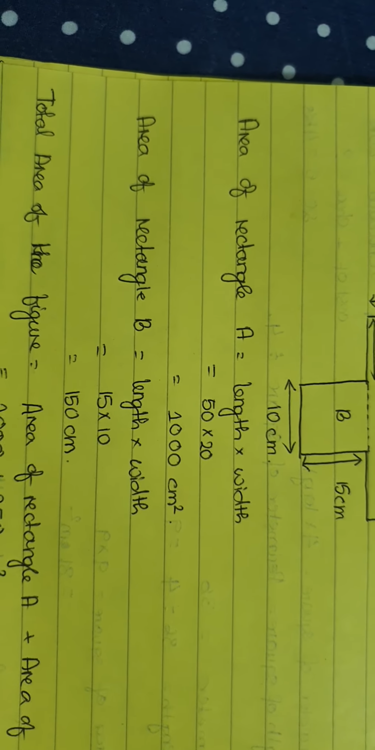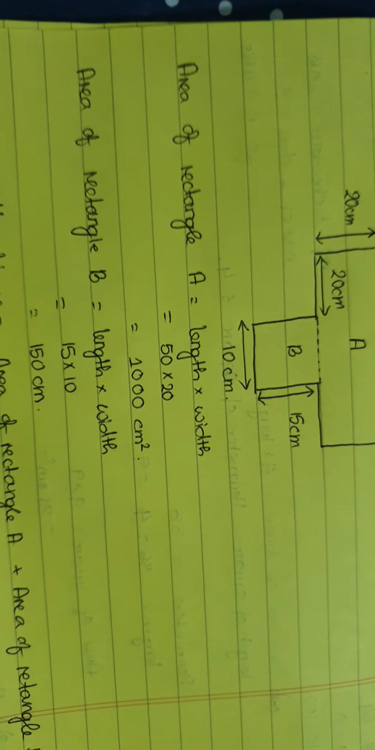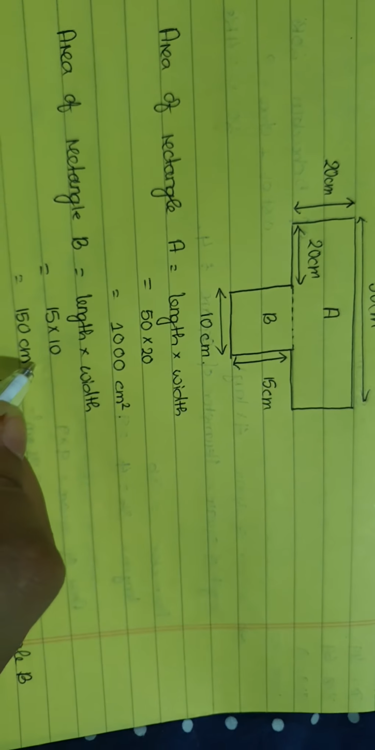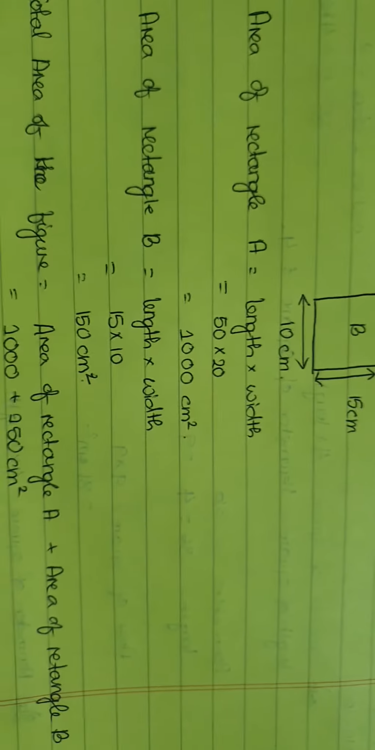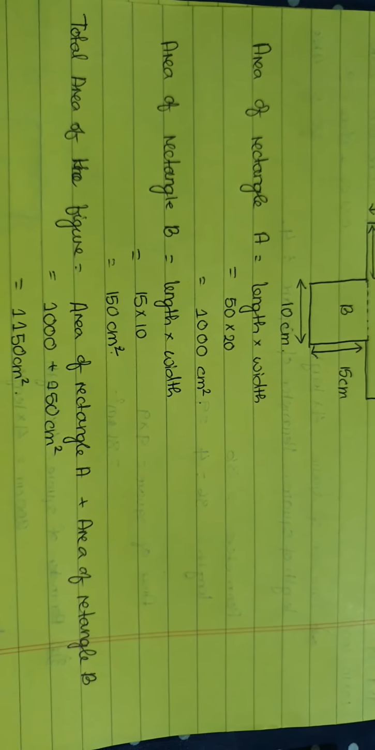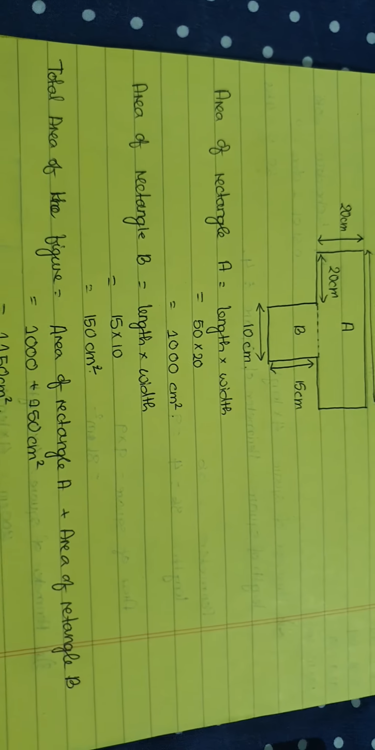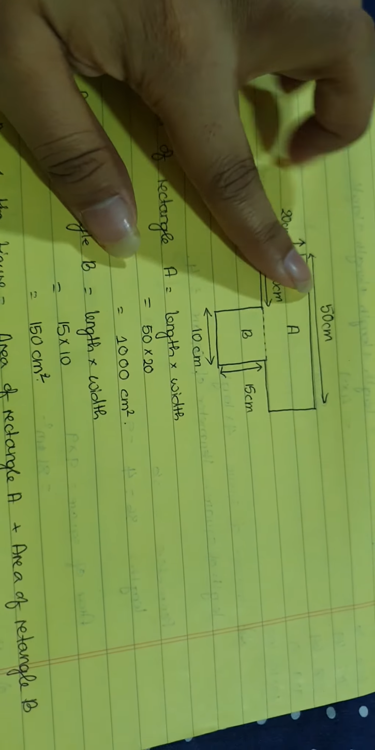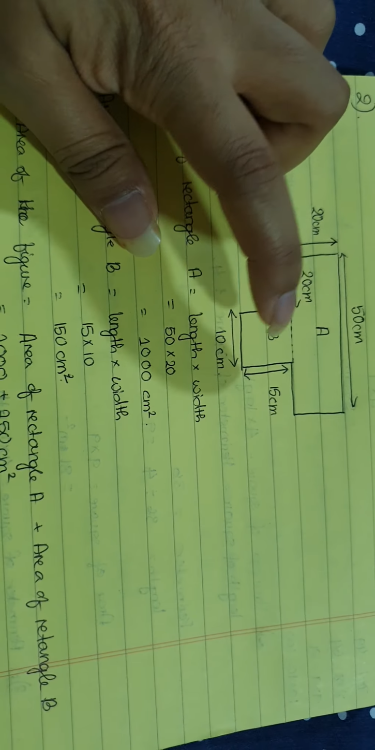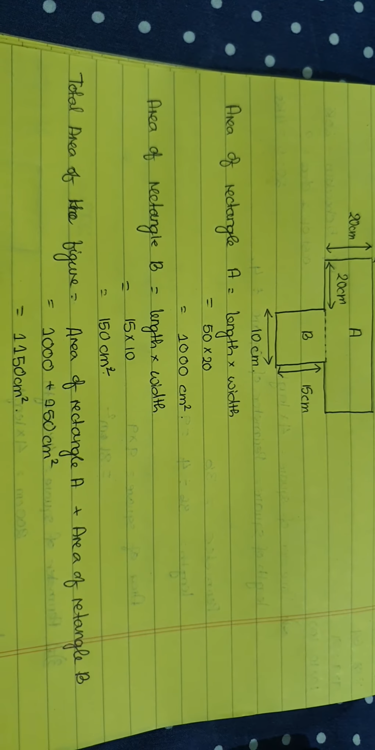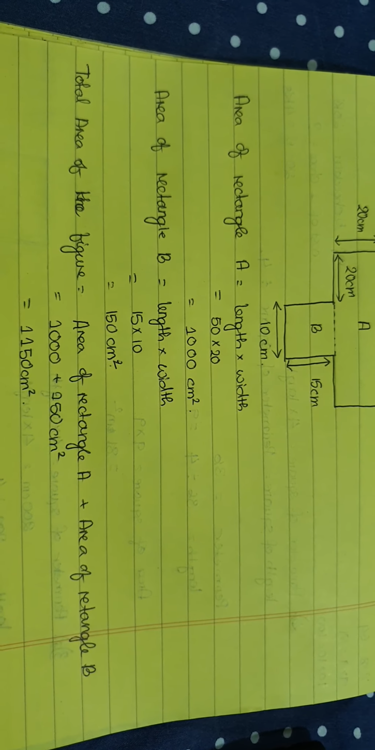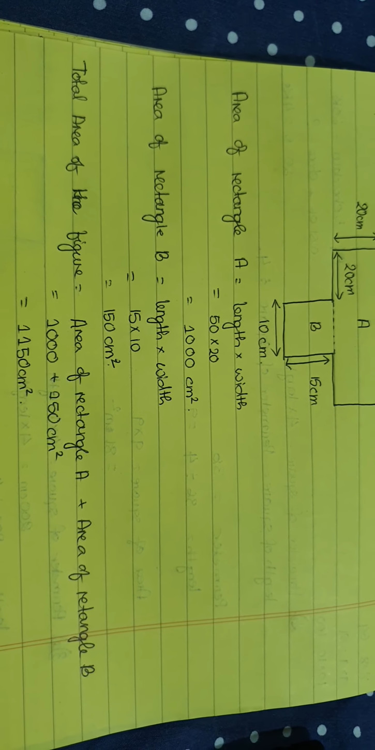Girls, I forgot to write the square, but always make sure to write the unit and proper unit. Total area of figure is nothing but addition of area of rectangle A and area of rectangle B, that is 1000 plus 150 centimeter square equals